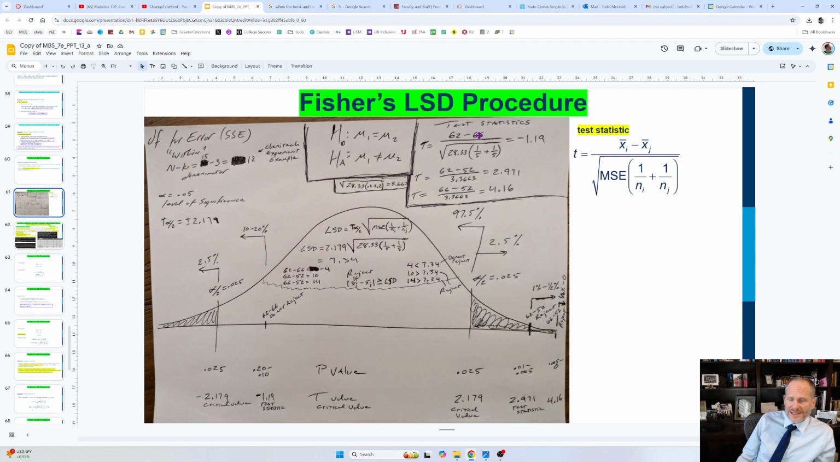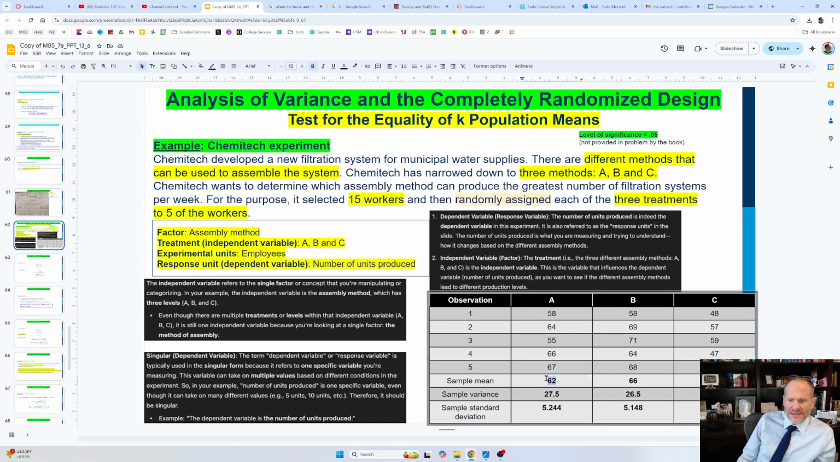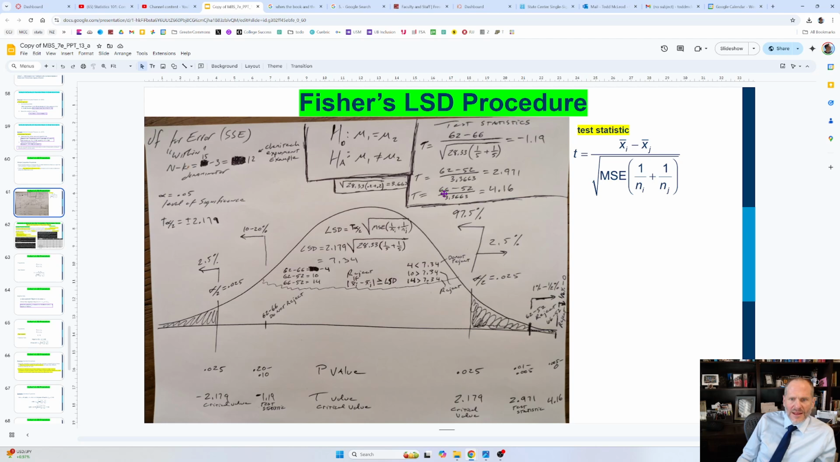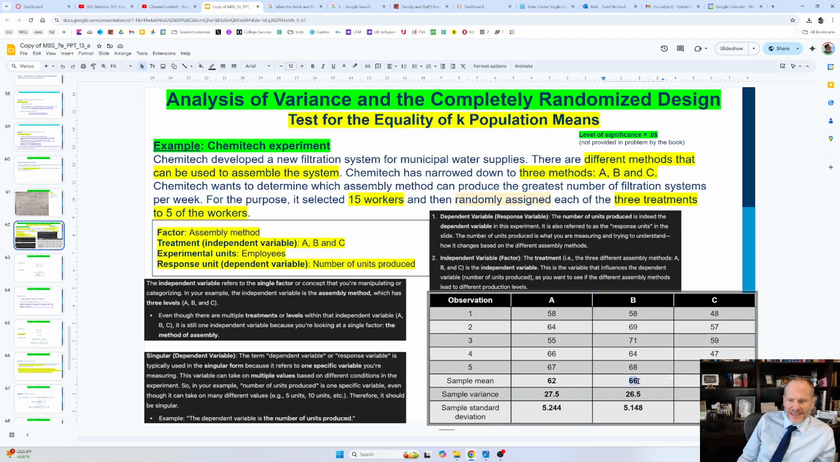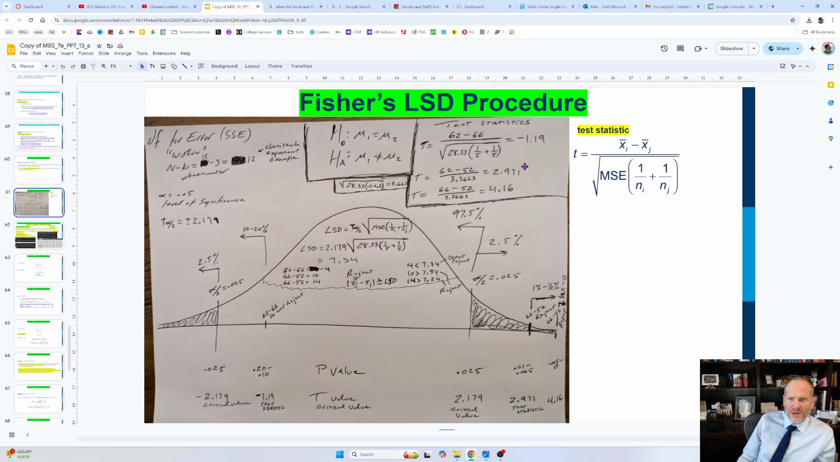So we get 62 minus 66, the mean of one of the treatments, minus the mean of the other treatment, all divided by the square root of the MSE of the whole shebang. And then we have 1 over how many were in that first treatment, how many were in that second treatment. I'm thinking factor treatment in my head. And then we do that math, we get negative 1.9. So we compare 62 minus 66, we compare 62 minus 52, we compare 66 minus 52. And when we do that, we get these numbers,